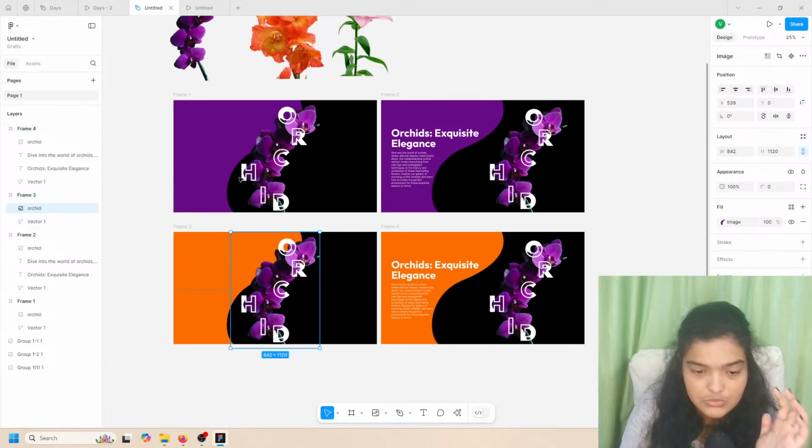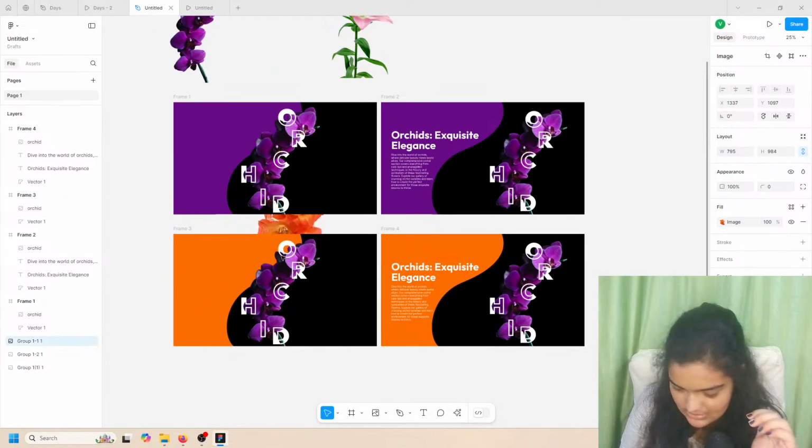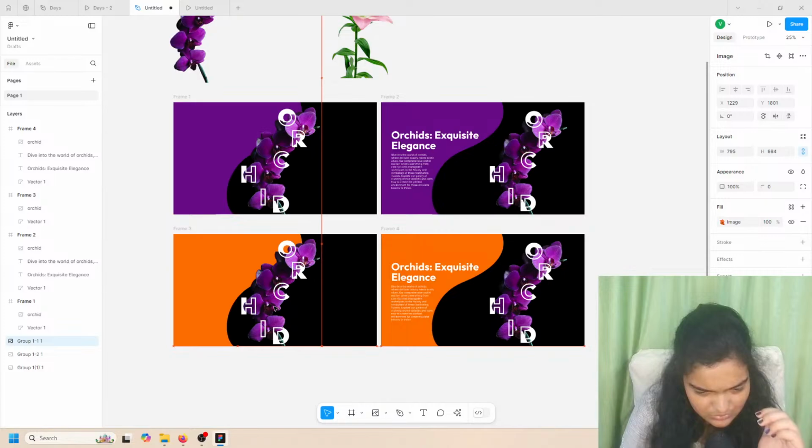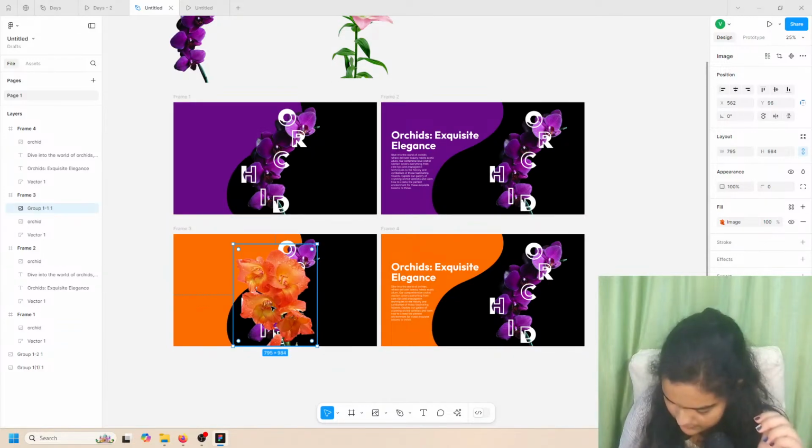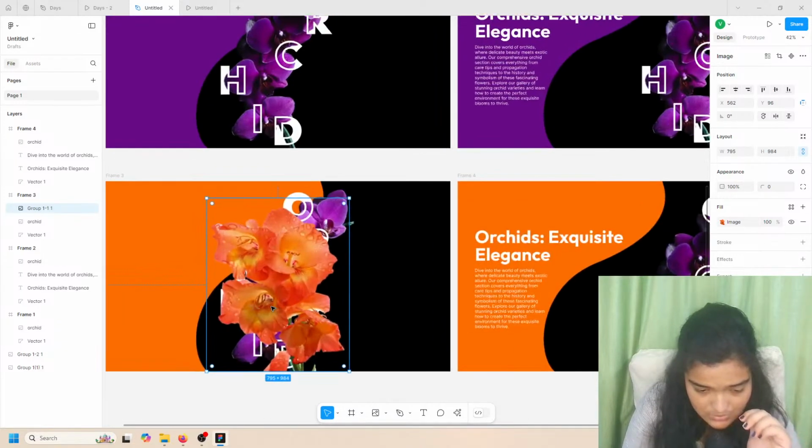And now we're going to, sorry, this is not orchid. What is this? What do you call this flower? I just forgot the name of this flower. This is called gladiolus. So we are just going to have to,